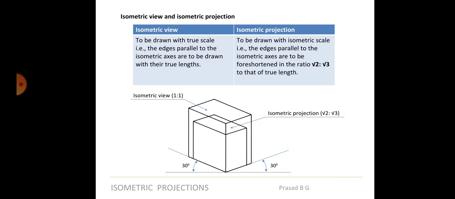Remember, in this module we are doing isometric projections. That means you will have to draw it with the isometric values only. If you keep the actual scale when you draw, it is considered wrong. That is the intention why I wanted to explain this. If you have done the drawing, it will look absolutely proper, isn't it? If you compare the first sketch and second sketch here, except for the size, the drawing will not change. Whether it's isometric view or isometric projection, it looks the same.